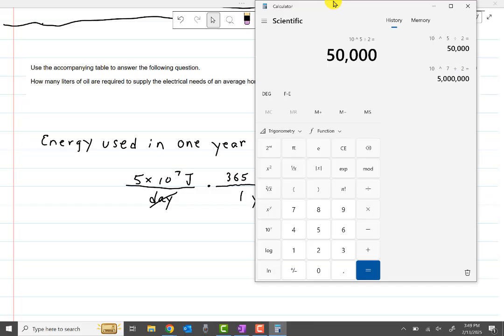5 times 10, well, let's do that. I'll just have the calculator do it. 5 times 10 exponent 7. Let me hit equals while I'm here. Now let me multiply that by 365. So it looks like we had 18,250,000,000. I'm going to do it in scientific notation. So I'm going to have 1.825